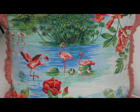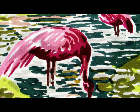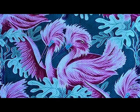Now let's talk about flamingo fabric, in particular bark cloth. Bark cloth is a heavy textured woven, usually printed cotton fabric that was made during the 1930s, 40s, and 50s. It was popular as a fabric used for home interior decorating, used mostly for upholstery and drapery. Most bark cloth, tropical and atomic age printed drapery fabric can sell for over $400 if found in very good condition. This one here is selling for